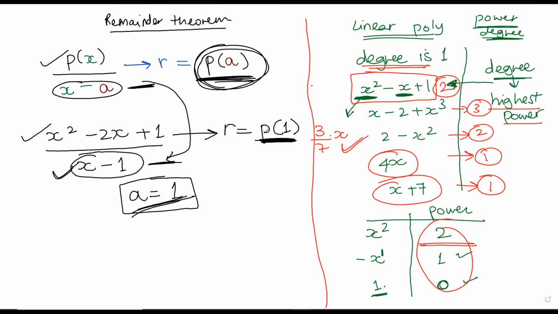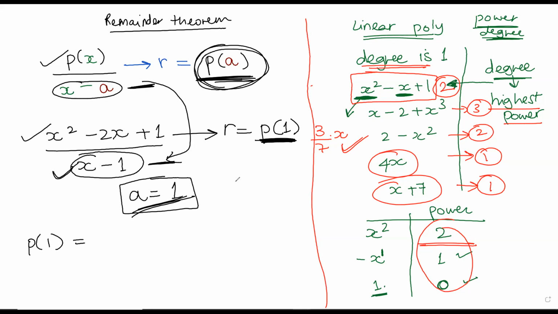What does P of 1 mean? Can you tell me what P of 1 is? Yes, ma'am, we put the value of a in place of a. Okay. So can you tell me what this is going to be? Can you dictate so that I shall write it? x minus 1. Okay. All right.